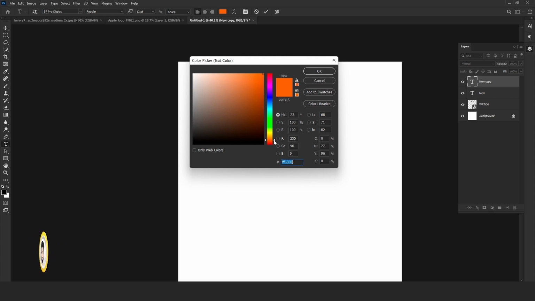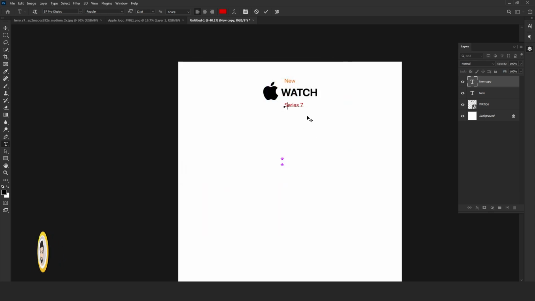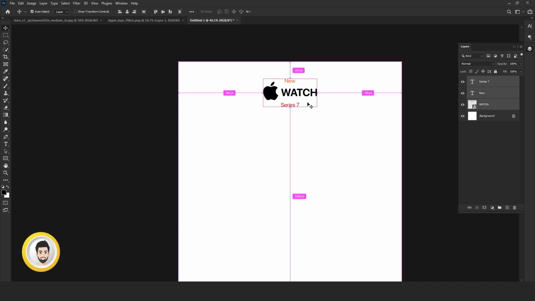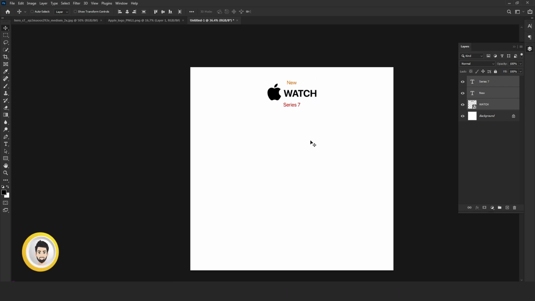Change the color to dark red and Ctrl A, select all the document and align center. Now this is our brand product name.